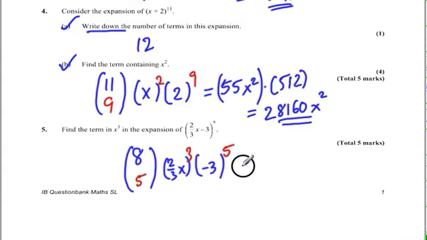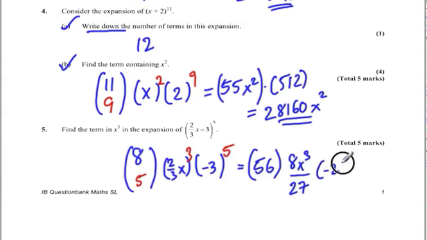And let's just do this. I will definitely need a calculator, so I'm just going to use that right now. 8 choose 5 is 56. This is going to be 2 cubed, so 2 cubed is equal to 8x cubed over 27, because 2 cubed is 8, x cubed is x cubed, and 3 cubed is 27. And then -3 to the power of 5 is